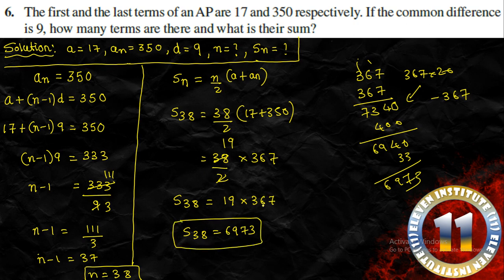Another thing you can do is you can simply multiply 367 and 19. And when you multiply 367 with 19, you will simply get the same answer, which is 6973. I hope this is very much clear to you. In case it is not clear, you can re-watch this part again. Right. Please pause the video and write this down in your CW. Right. I hope you have written this. Let us now move to the next question, number 7.